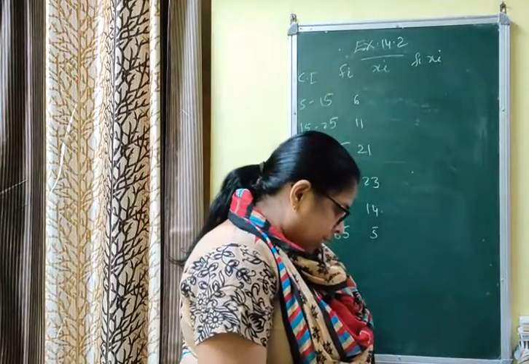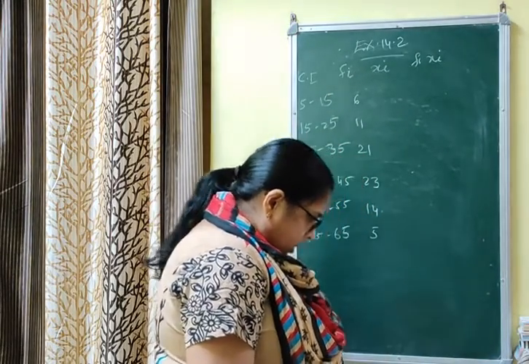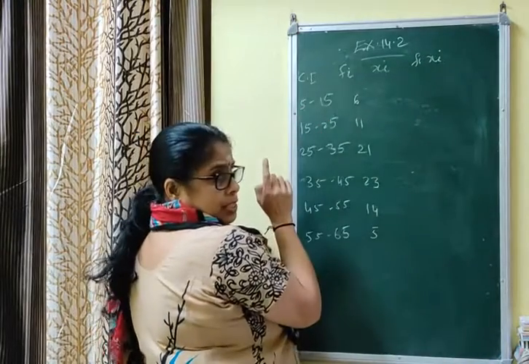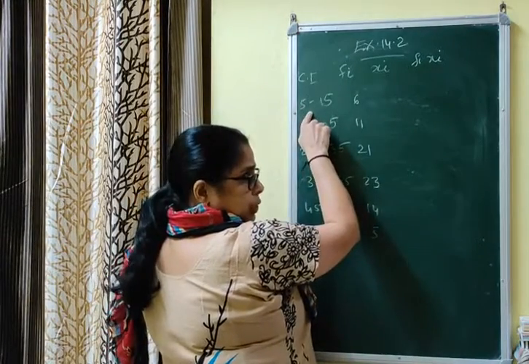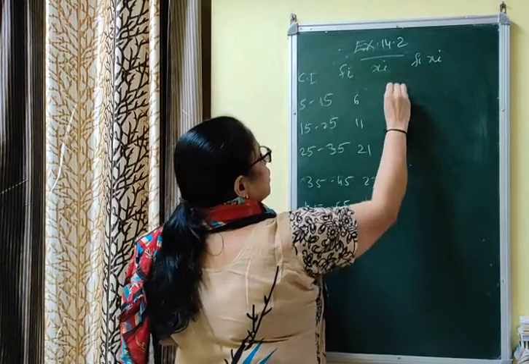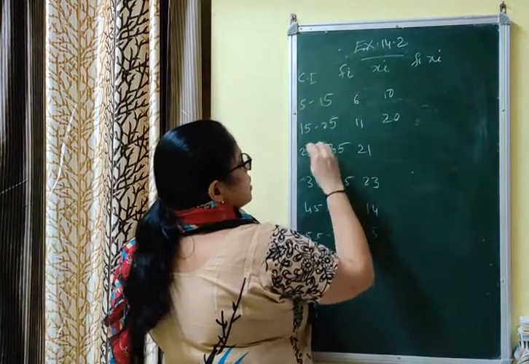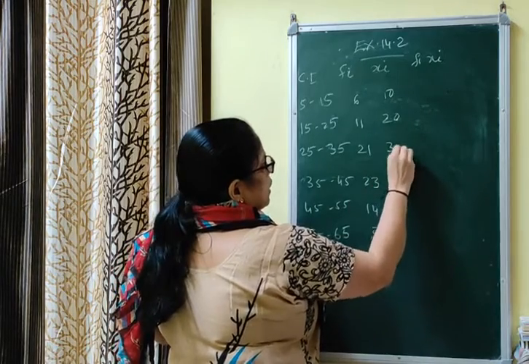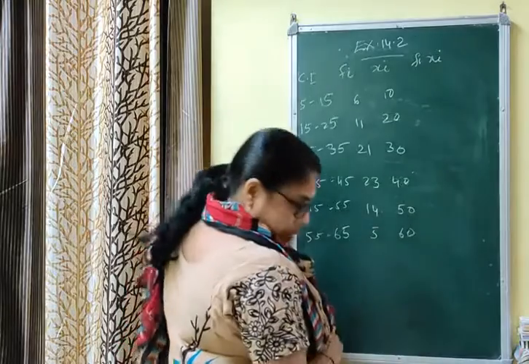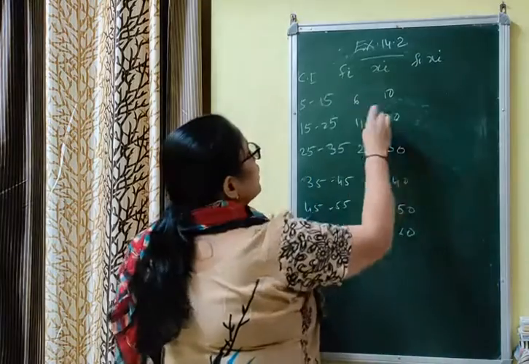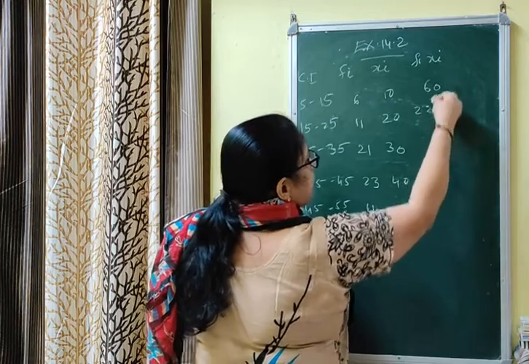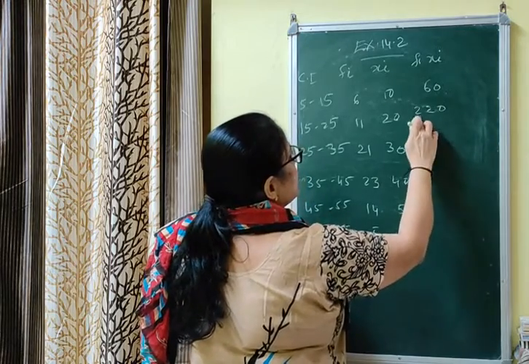अब आपको xi निकालना है. इसमें आपको कोई भी मेथड पूछा नहीं. So the data is continuous. तो सिर्फ फर्स्ट क्लास का क्लास मार्क निकालेंगे, फिर साइज को ऐड करेंगे. 5 plus 15, 20 by 2, 10. Now 20. Class gap is 10. 20, again 30, 40, 10, 10 ऐड करते जाना. 50, 60. Next is fixi. 10 sixes are 60. 11 twos are 220. ऐसे आप नीचे नीचे लिखेंगे, आपको ऐड करना आसान पड़ेगा.